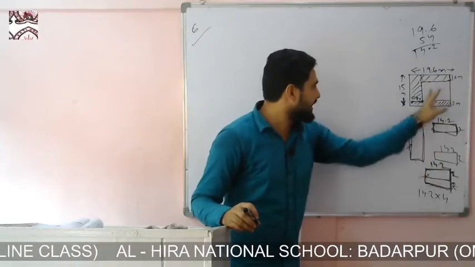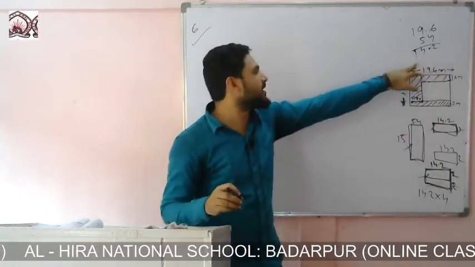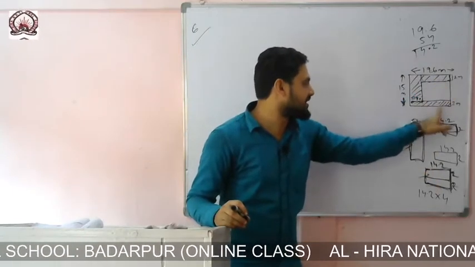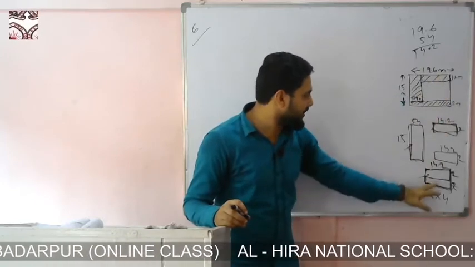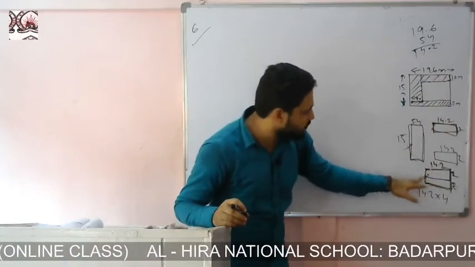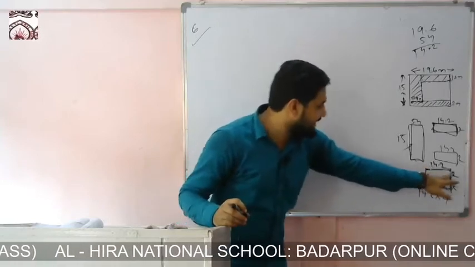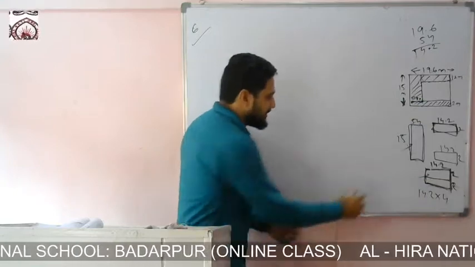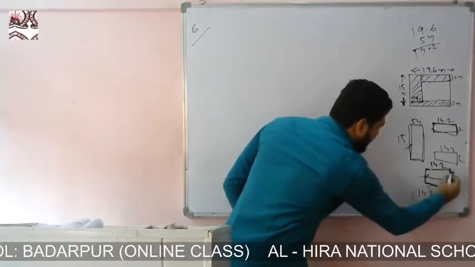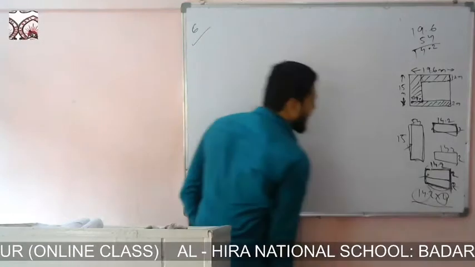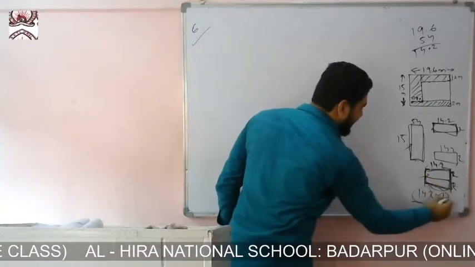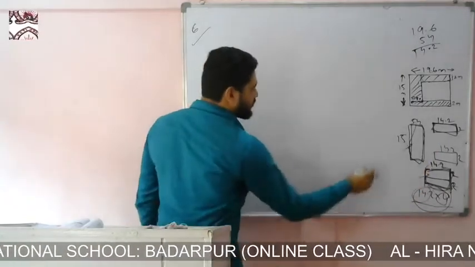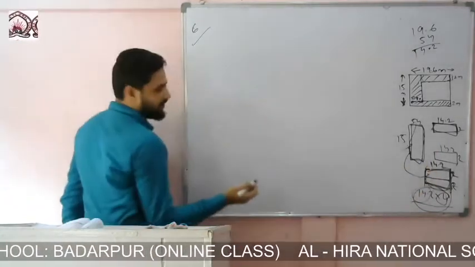If I subtract, I'll get 14.2. This rectangle and this rectangle both are same. So if I join them, the length of these two rectangles will remain the same, and the breadth will increase, because here 2 and here also 2, 2 plus 2, 4. So this is the length and this is the breadth of these two rectangles at a time. I joined them to make one rectangle, and that earlier we have found. So you add this, then we'll get the answer.